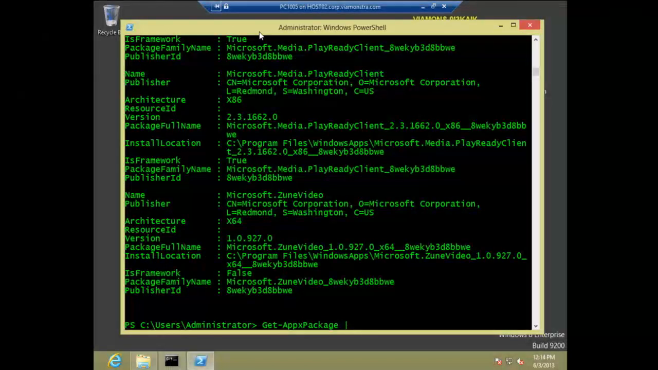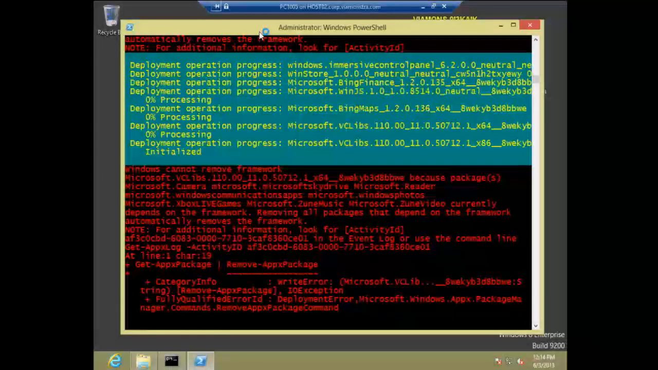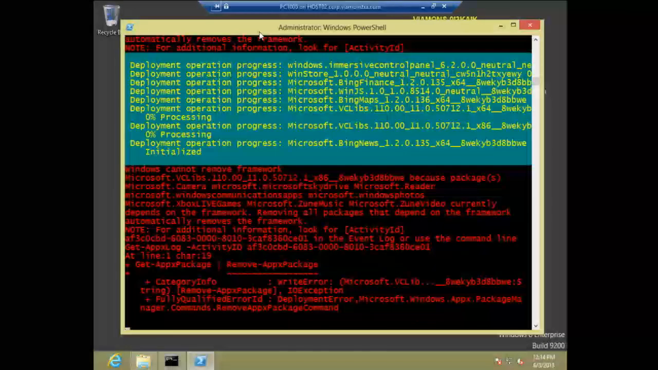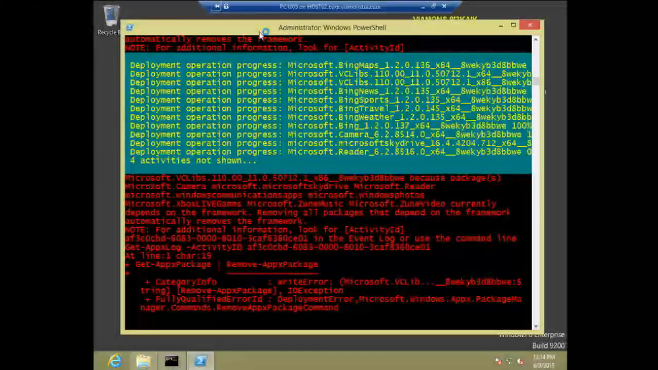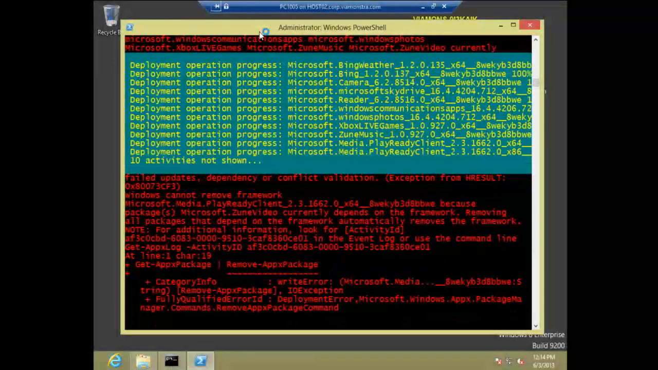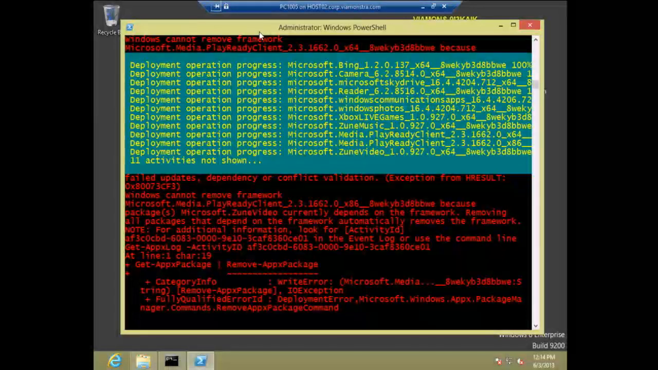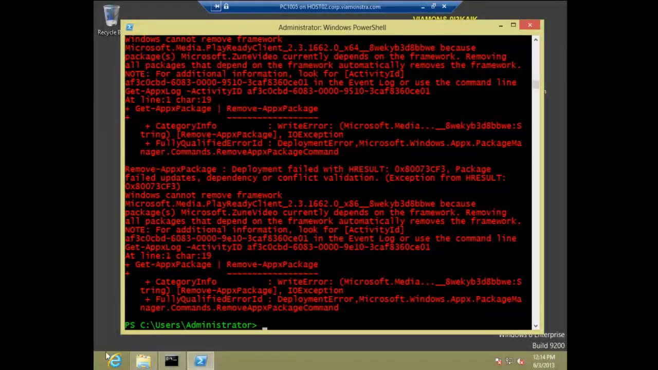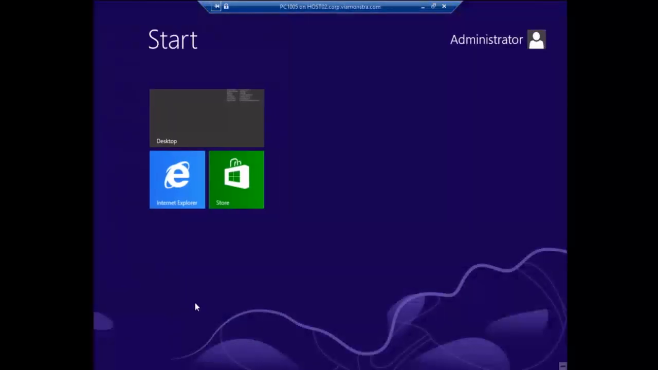There we go. Yeah, so you can remove all the applications. Close. You can't remove Store, and you can't remove IE. However, you can disable the Store functionality using group policy. But the icon itself,